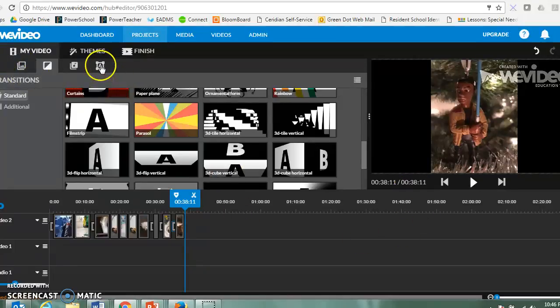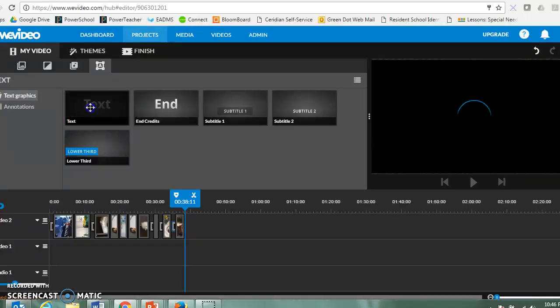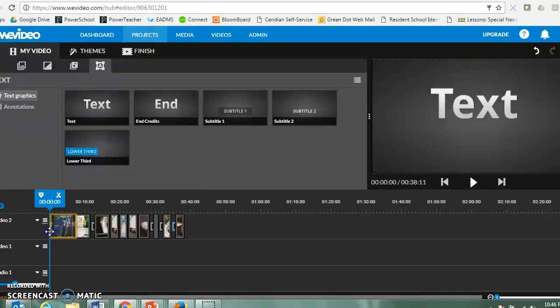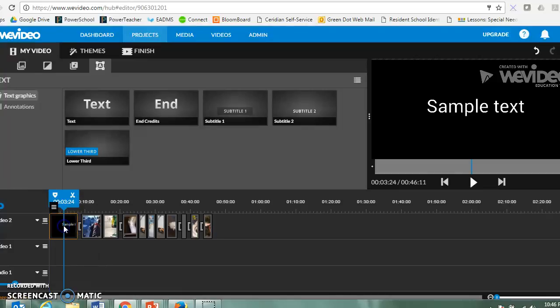Now there's one other thing that I want you guys to be able to do, which is being able to add text. Now there's a bunch of different ways that you can add text, or different types of text. So if I bring the text down now, here's a little secret with this thing. Any clip I bring down to the beginning is going to push the rest of the clips over. You can either trim to fit or insert and push. So I insert it, and then to type,